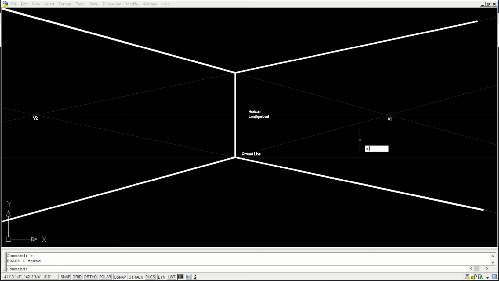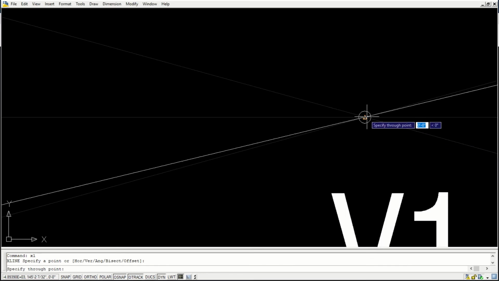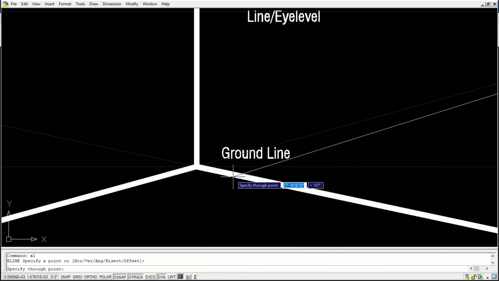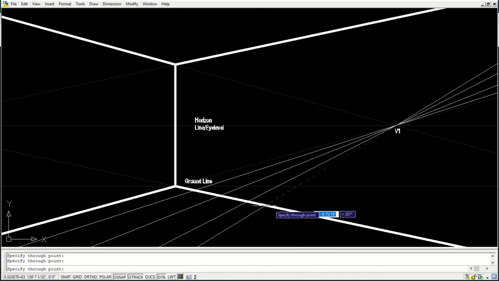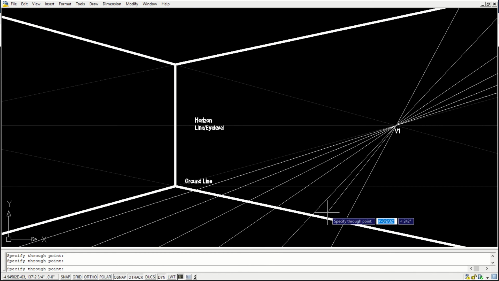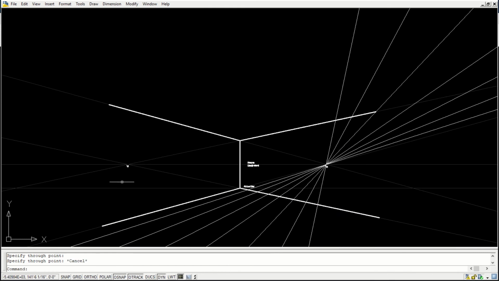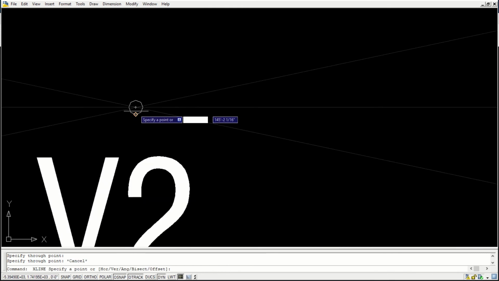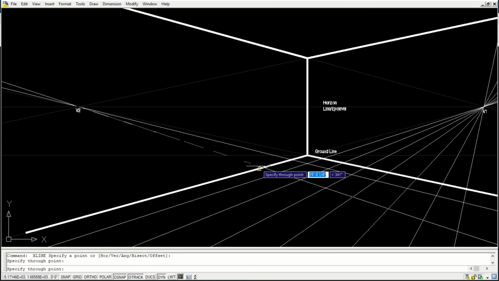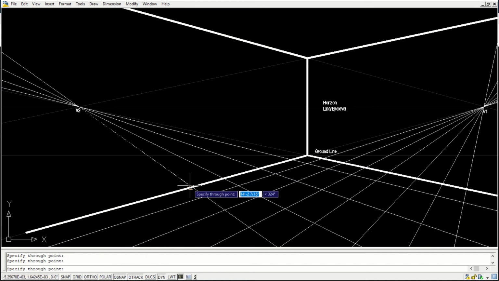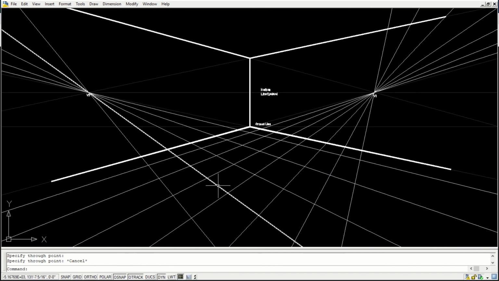For example, let's say if I start drawing like this, I can still see there is a grid being formed, and everything seems to be vanishing.